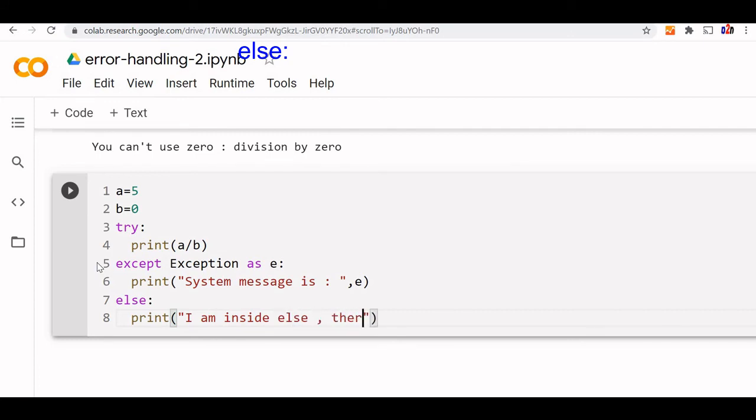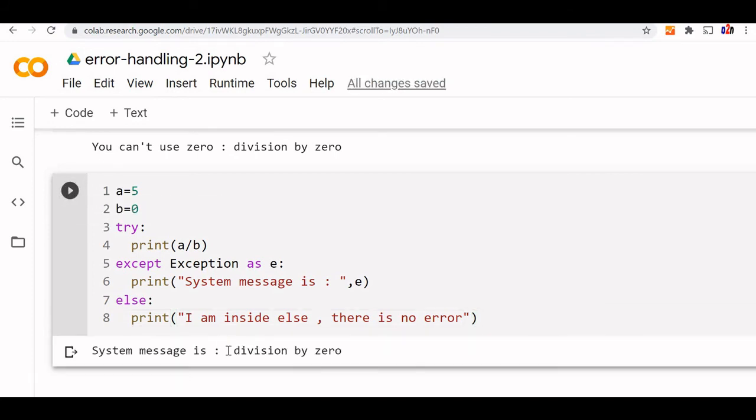Now let's say there is no error. This part of the code will be executed when there is no error. We'll verify that. Since b is 0, there is an error, so the else part won't be executed. Only line number 6 got executed, line 8 has not printed anything.